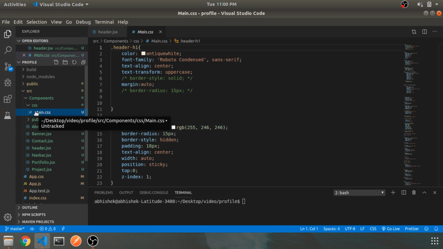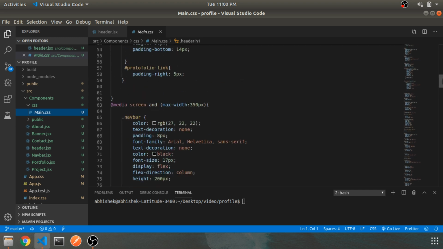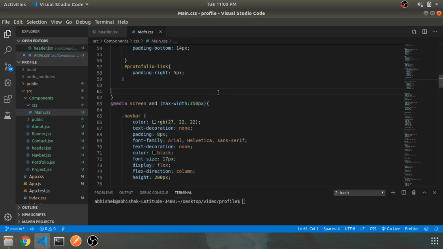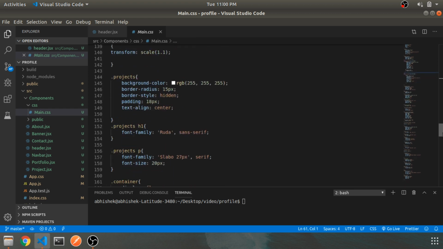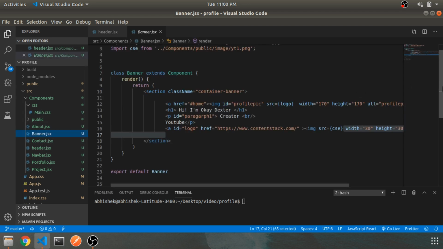So what I've done is that I have kept some similar properties or class names, and I've provided some basic CSS, and this is a responsive site. So make sure that you also add some responsiveness to the navbar and everything that you are going to use when you're changing the width of a browser, or using it on a mobile device. So how you can use that is just